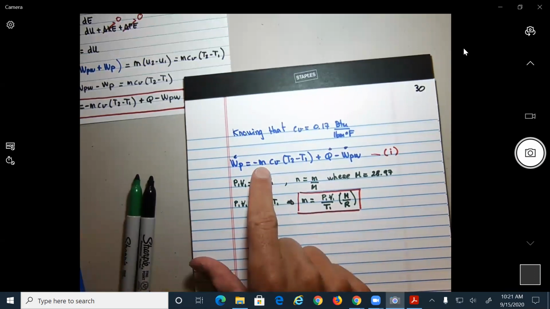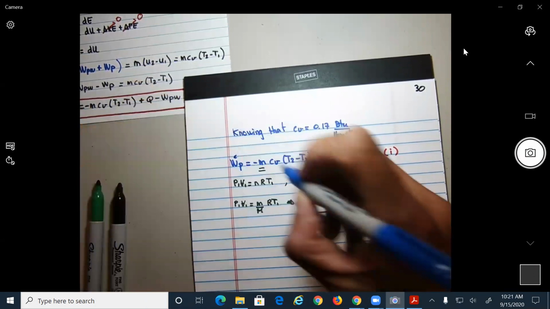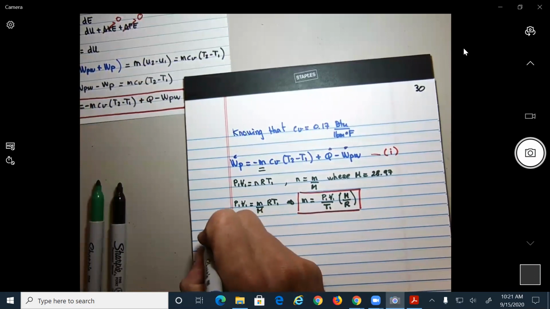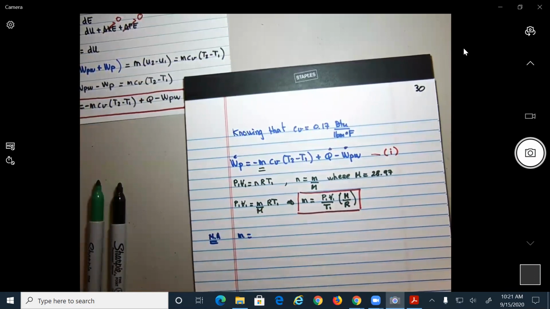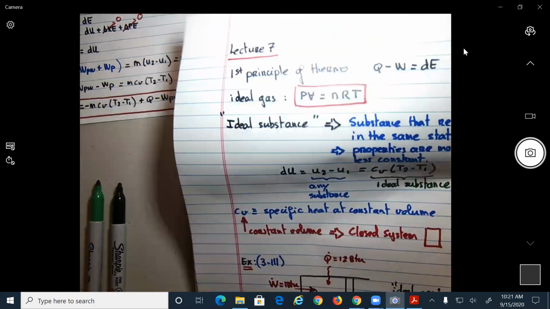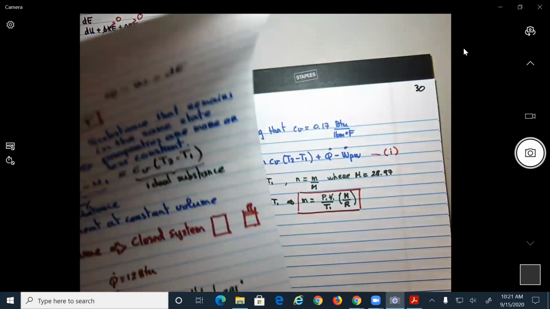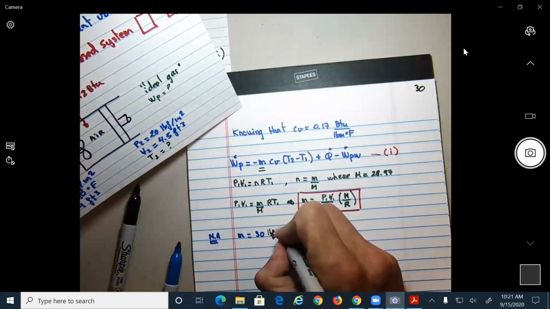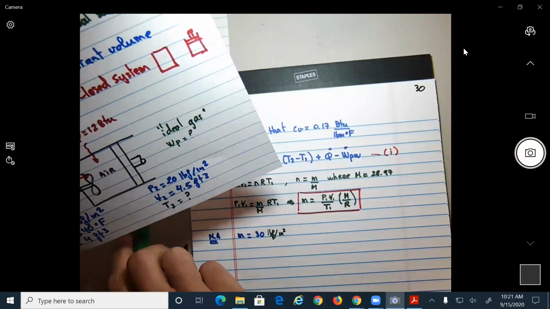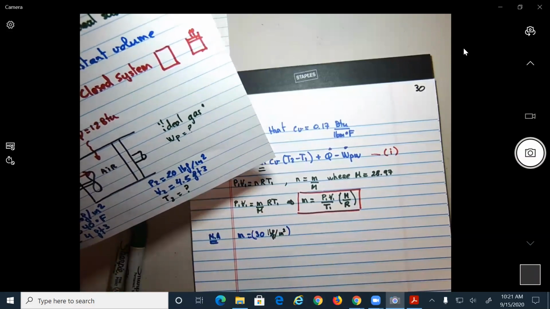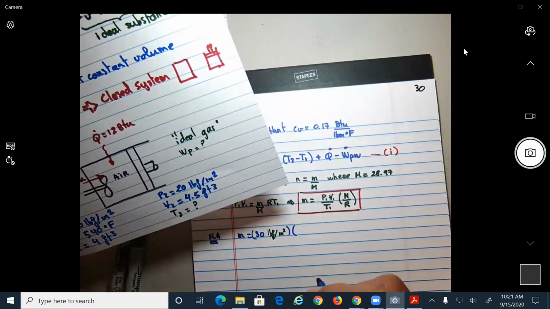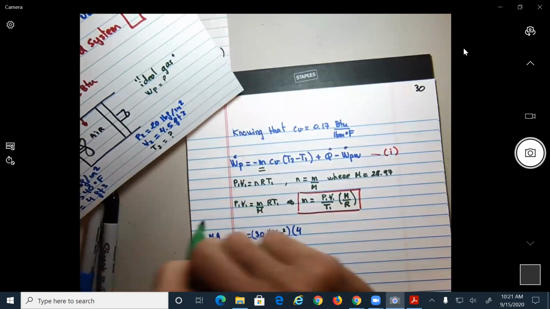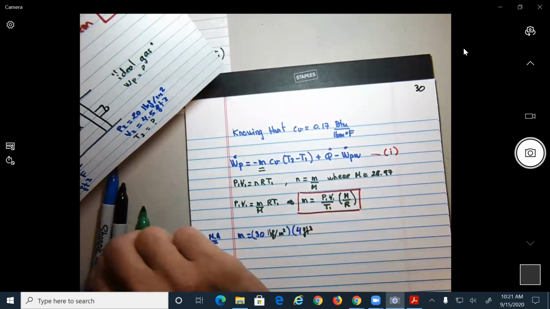I was just going to substitute this one here, but I think it's going to be more complicated. So let's first do M. So if we do the numerical application for M, what do we have? Be careful here with the units, because P1 is given to us as being equal to 30 lbf in square. But now V1 is equal to what? It's equal to 4 cubic feet